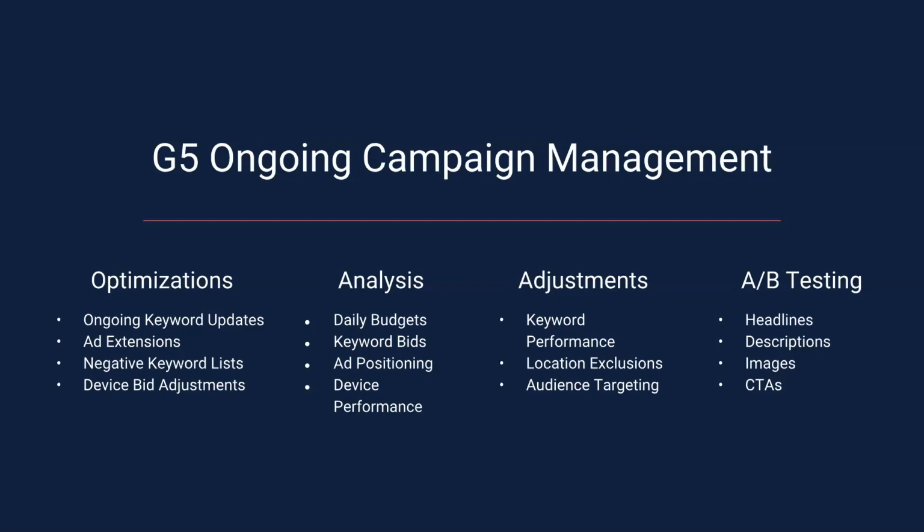Some of the things that our team actually does when we talk about that optimization, there's a ton of them on here, but things like negative keyword lists, so ensuring that we're not only targeting the right keywords, but we're also disqualifying the ones that would generate the wrong type of traffic and cost you those unnecessary clicks that you're paying for. Analyzing how campaigns perform on mobile versus desktop, setting and adjusting daily budgets and keyword bids, and A/B testing things like headlines, descriptions, the photos used in ads. We can really look at the results of those and see which ones convert at a higher rate, and then we can optimize against that and drop the campaigns that aren't working.